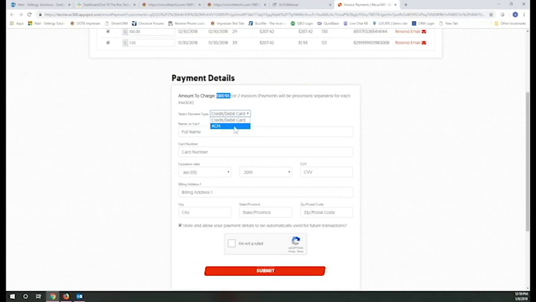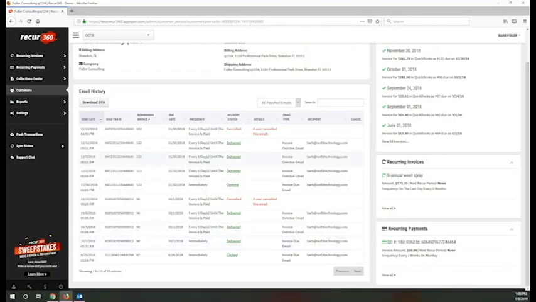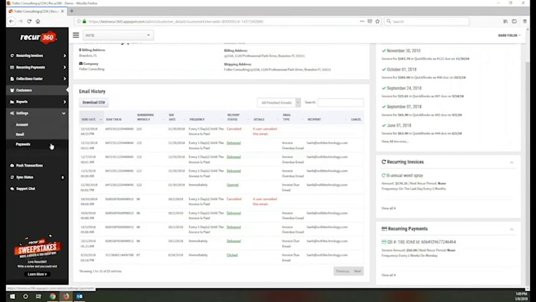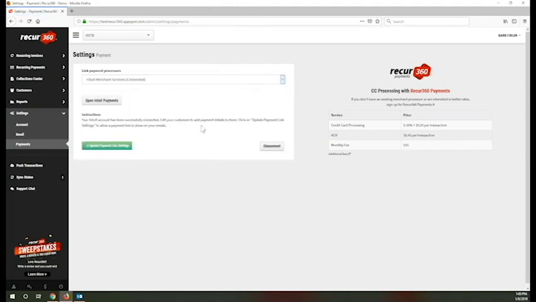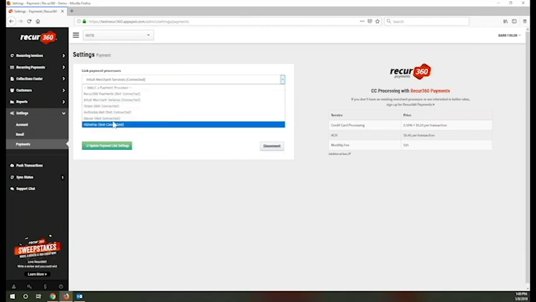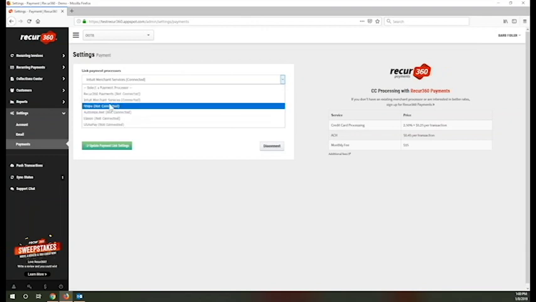And you also have the ability on the back end in the Recur 360 side to connect those to different types of processors. A great example of that is as a QuickBooks Online customer, you're able to get free ACH processing through Intuit. So you could take advantage in your setup of the payments and be able to connect to Intuit for ACH processing, but then take advantage of a lower credit card rate with a different kind of processor.